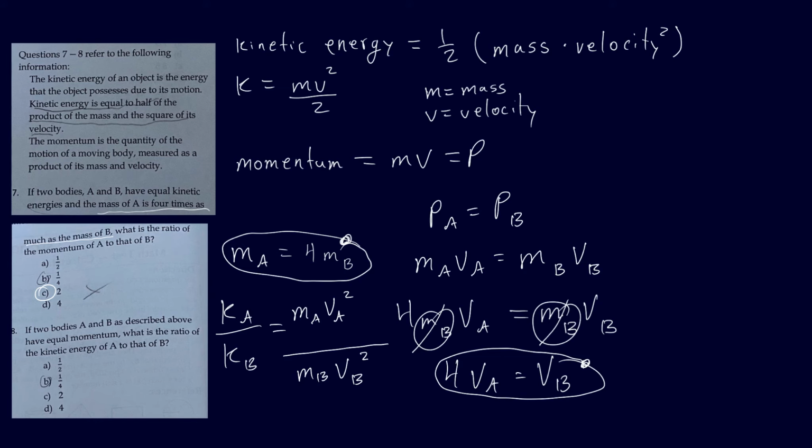So I have to square this equation on both sides. On the left side, it's going to become 16 v a squared equals v b squared. And so now I can replace this with this. And I'm going to write that right over here, right below it. So this is all equal to